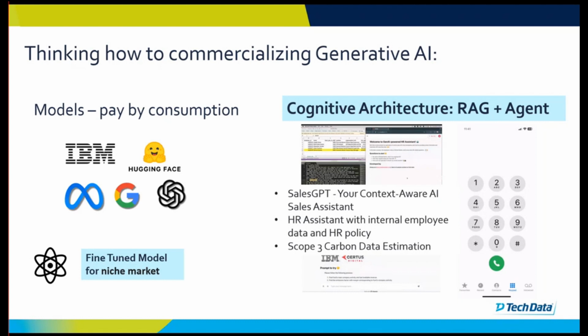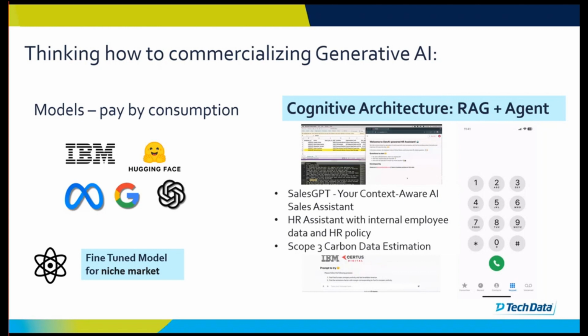And you can see here with this concept, cognitive architecture, you can build applications specific for business users. And it doesn't require you to train the model from scratch. You just use the model like an engine of your application and put these different components together to deliver a business case. And I do believe that compared to training your model by yourself, this will be an easier and more reasonable area we can focus on to deliver the benefit.